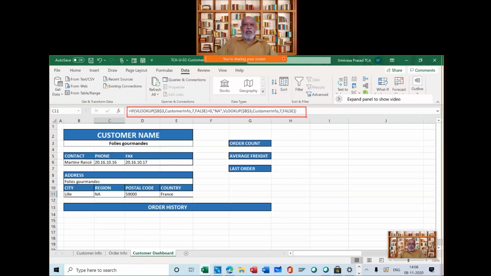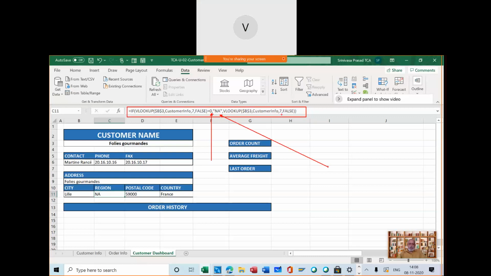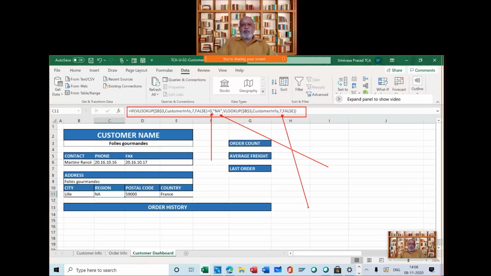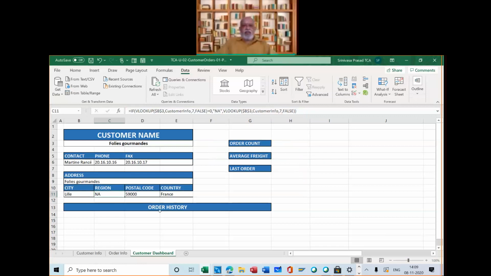This formula says if the VLOOKUP result is 0, then you write NA, otherwise you leave whatever is coming. That is why, where there is no information, it has come as not available. Where there is information, it is giving everything. Is that clear up to this point?